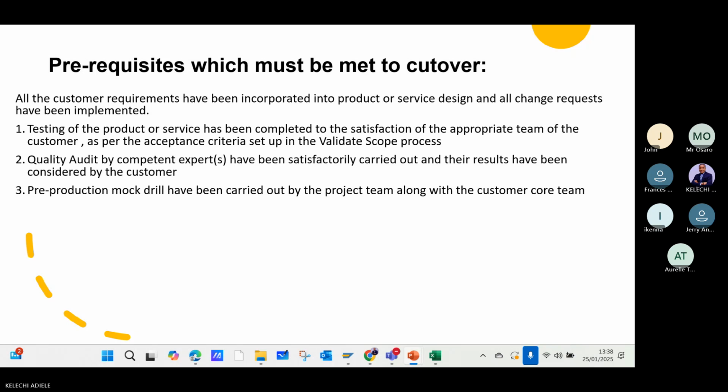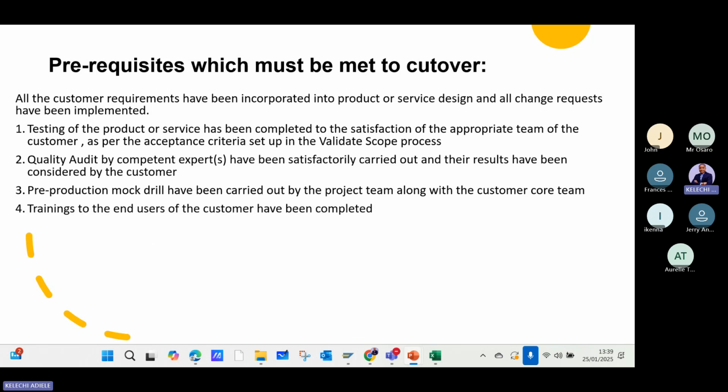Pre-production mock drill. Normally from QA, we'll move to a pre-production environment and make sure we don't move straight to production. During the cutover, once data is sitting in the quality server, it moves to what we call the pre-production environment. Once you're done with the pre-production environment, and of course everything is fine, all the corrections that need to be done are done there, all the integrations and all the testing are okay, then you can move from that pre-production environment to the main production environment, which is where the business